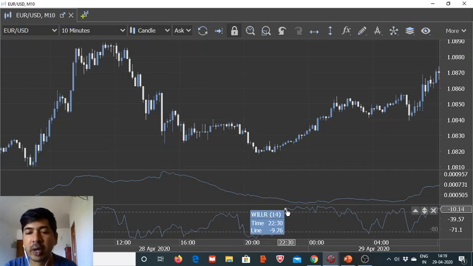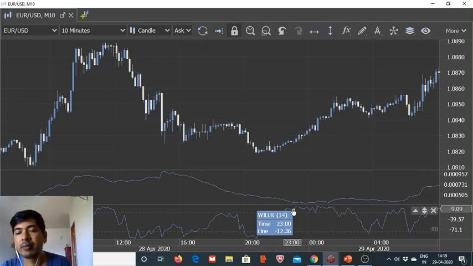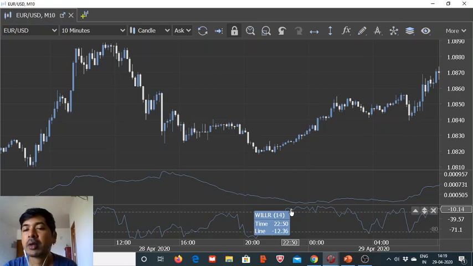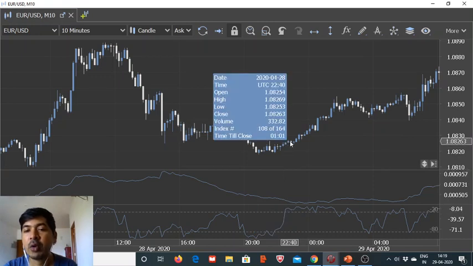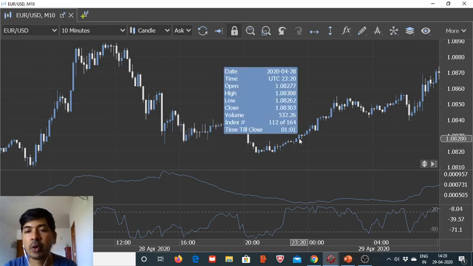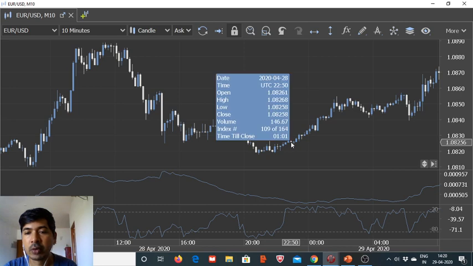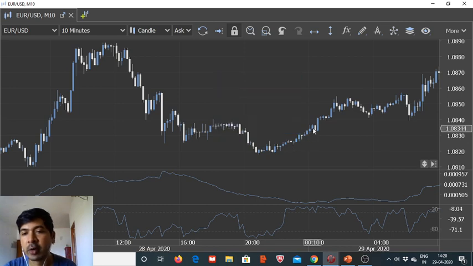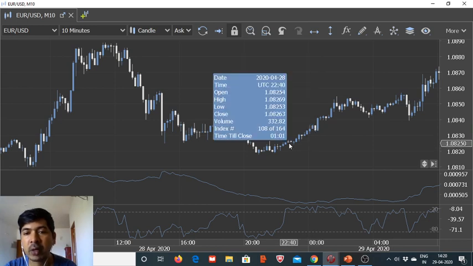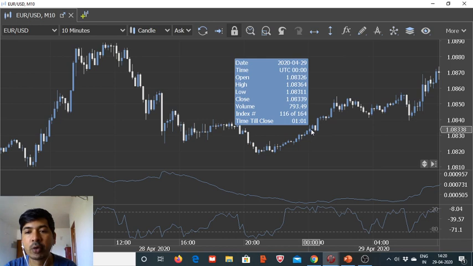We see that it should have been in the overbought territory at least for some time, and it will also make sure that the price action has been strong and it is sustaining the upward momentum. So we do that, and then we look at the last candle closing, and it should have closed with some corrective momentum. So here it has closed in red, here also it has closed in red, here also it has closed in red. But we look at instances where it has closed even below the prior candle's open price,